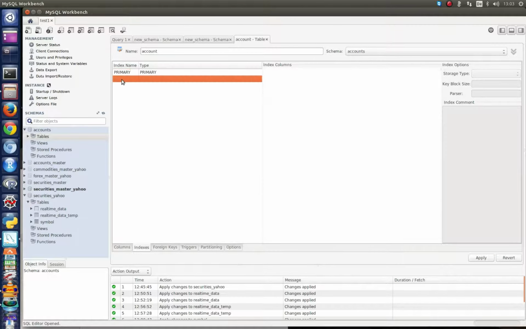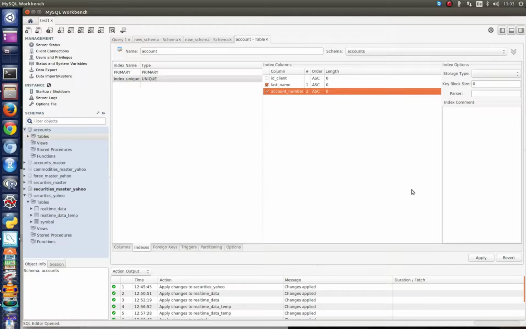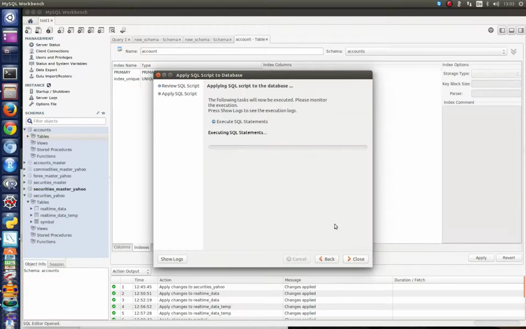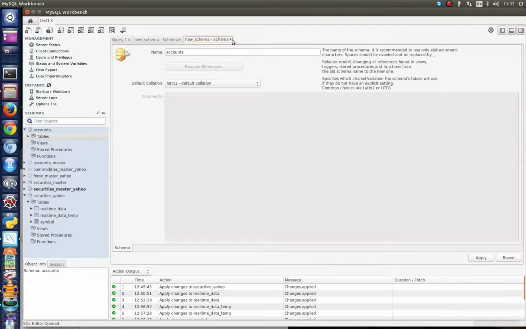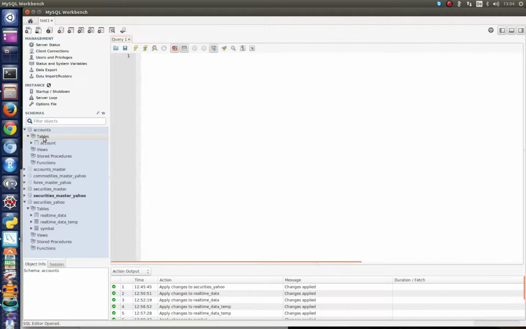Of course, a real accounts database contains much more information, but for our task this should be sufficient. Then we create a unique index to prevent us from double or multiple entries into our accounts table. It is composed by last name and account number. Okay, that's it. Now we want to create